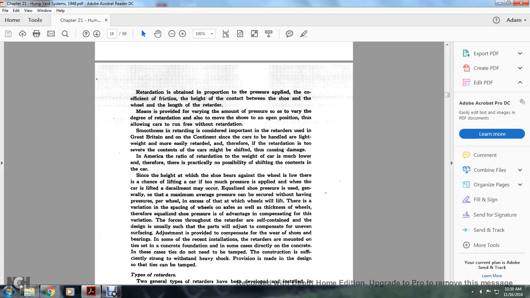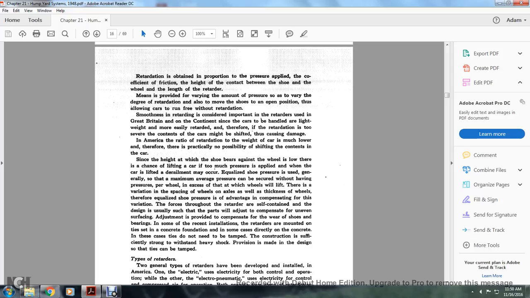Smooth retarding is considered important for the retarders in Great Britain and on the continent, since the cars being handled are lightweight and more easily retarded. Therefore, hard retardation is too severe, as the contents of the car might be shifted and cause damage. In America, the ratio of retardation to the weight of the car is much lower, therefore there is practically